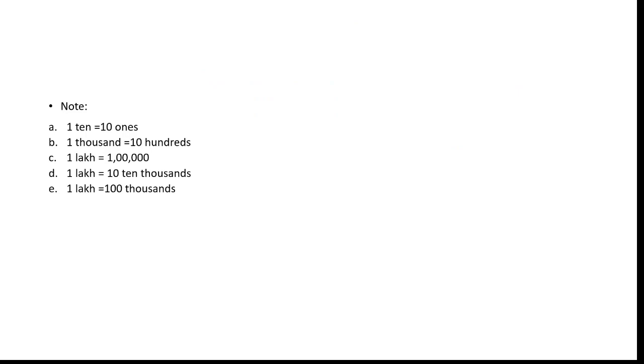So look here, children, here we have some important points. Now I am going to explain the first question. Here it is written, 1 ten equals 10 ones. Children, you all know 1 ten. In place of ten I can write 10, and in place of ones I can write 10 into 1. You can see both the right side and left side are equal. It means your answer is